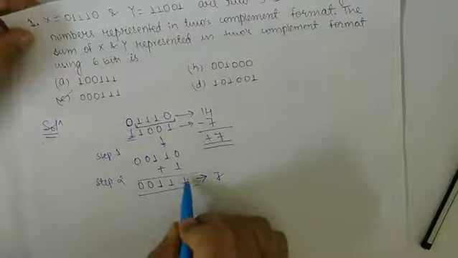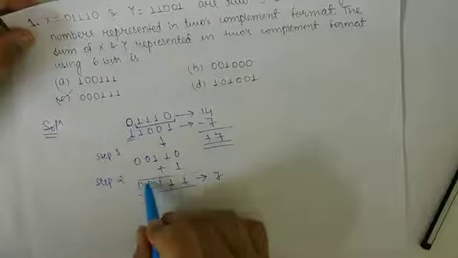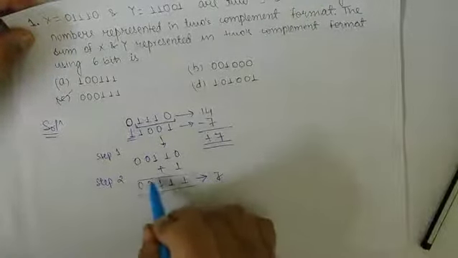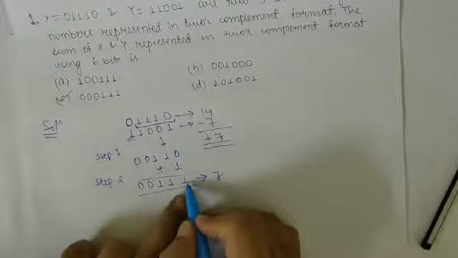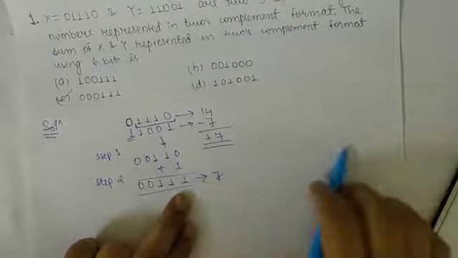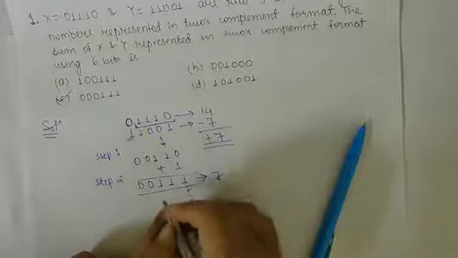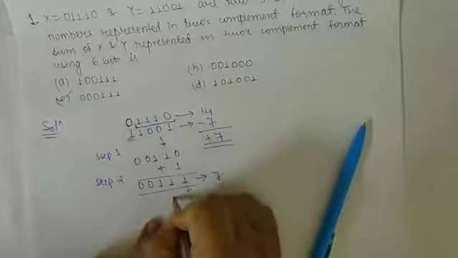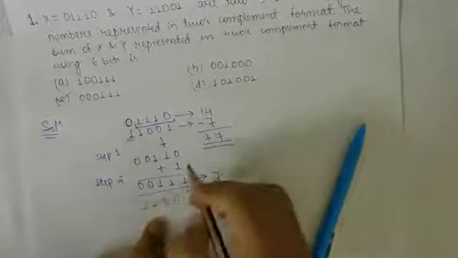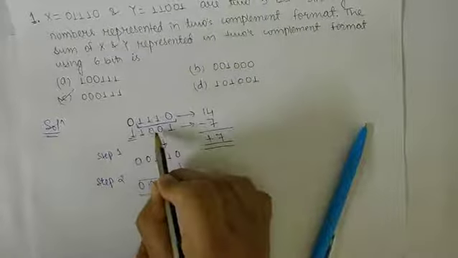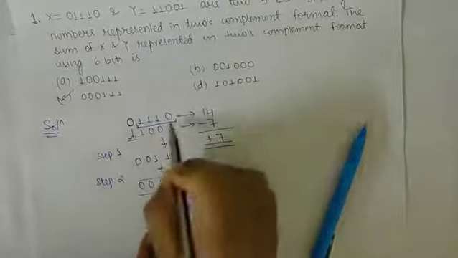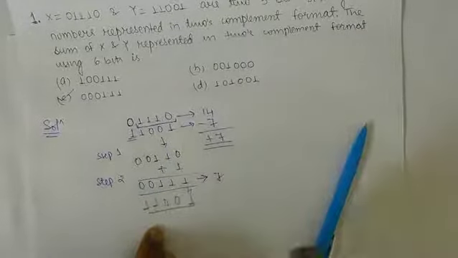Now you want to write minus 7, so this is plus 7. Here up to the first one write 1 only. After that you just complement the number 0 0 1 1. You can see that 1 1 0 0 1, this was minus 7. So this is a shortcut method to get an answer.